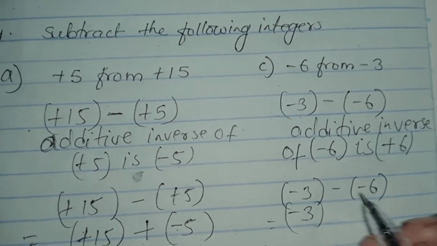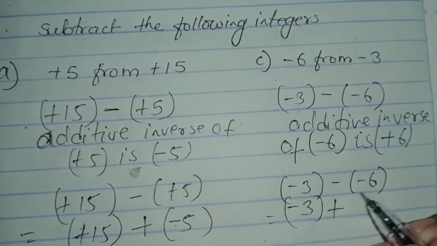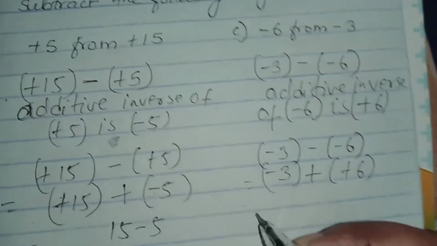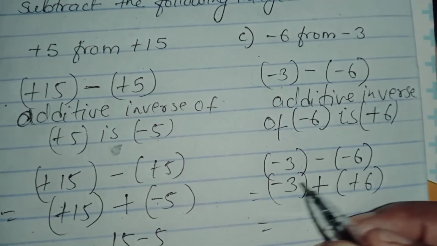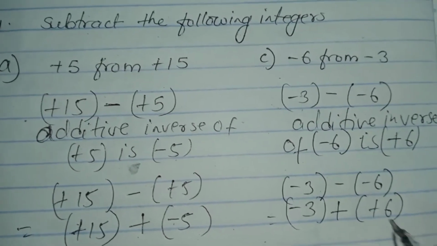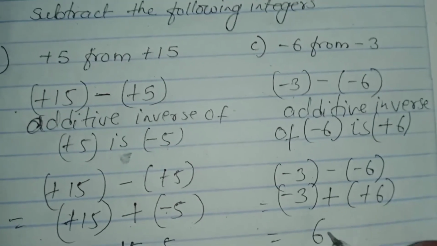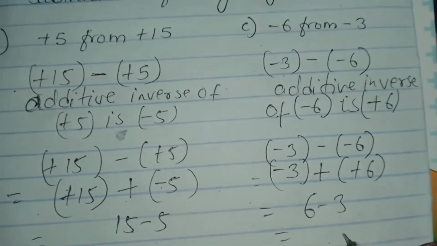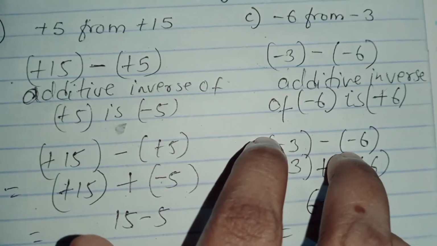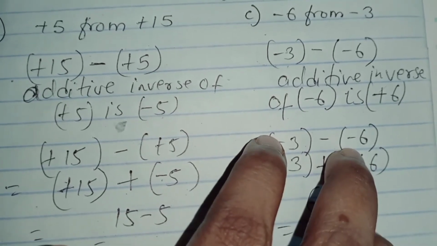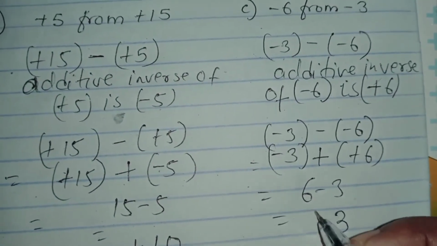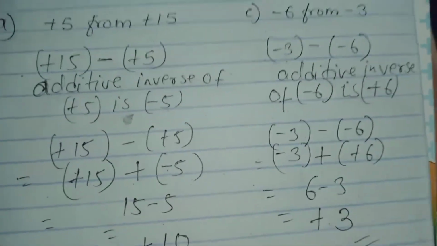Now copy this same minus 3 minus, what we will write, plus additive inverse now of minus 6 is what, plus 6. Now see here, both the integers have different sign, minus 3 plus 6. So minus plus is what, minus, different sign means we have to do minus. So let's subtract this, 6 minus 3. 6 minus 3 is how much, is 3. And which sign we will put, let's cover this. So which one is greater, 3 or 6? 6. So in front of 6, whatever sign will be there, we'll put that sign. What is that? Plus. Okay. So this is the answer.